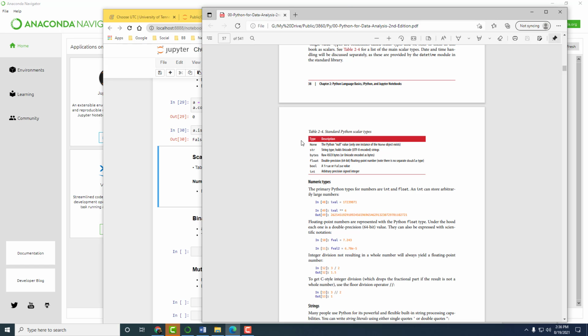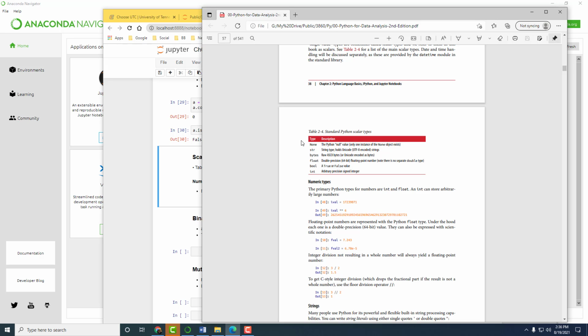That is a particular type, it's a null value. Then str is a string type, which we looked at. Bytes will be like 0 or 1, 8 bits is usually a byte. So we will not be using that at all.